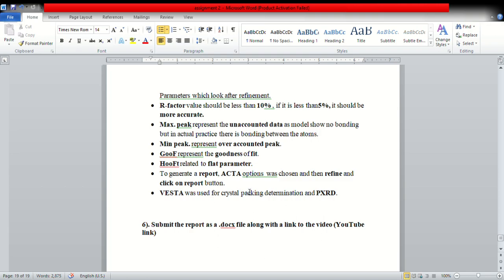Vesta was used for crystal packing determination and PXRD, as I have already mentioned earlier. Now we were asked to submit the report as a docx file, which I will submit later, and we were also asked to provide a link